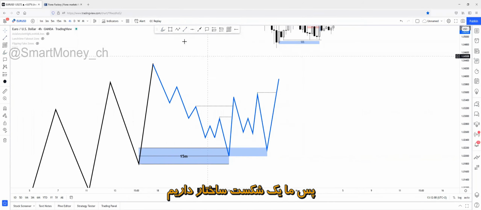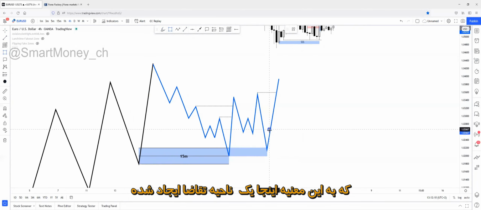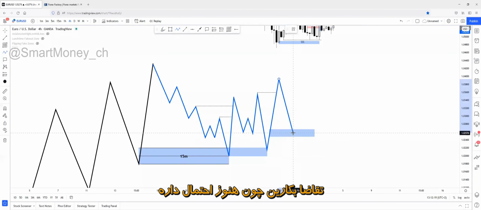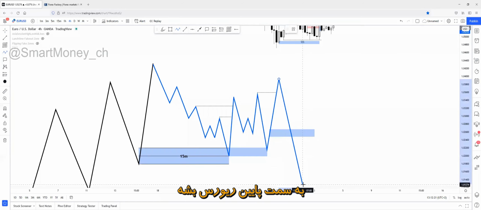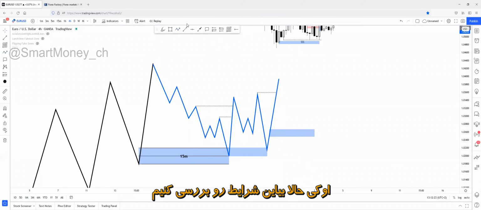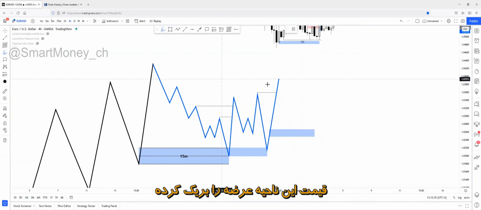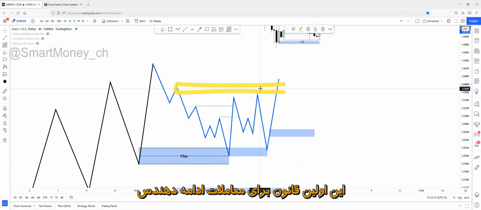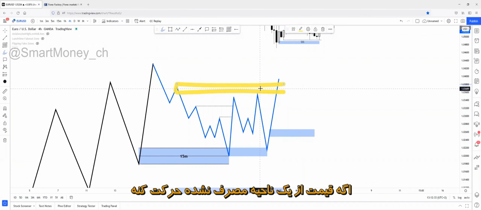There will be a break of structure, meaning there will be a new demand zone formed, for example, somewhere around here. Okay, for cancellations, you can't really put the direct entry limit order right here on this zone because there's still a chance that price will sweep this liquidity and reverse to the downside. Okay, let's check the criteria. Price has broken above this supply zone, so it isn't coming from an unmitigated supply zone, right? This is the number one rule criteria for the cancellations.